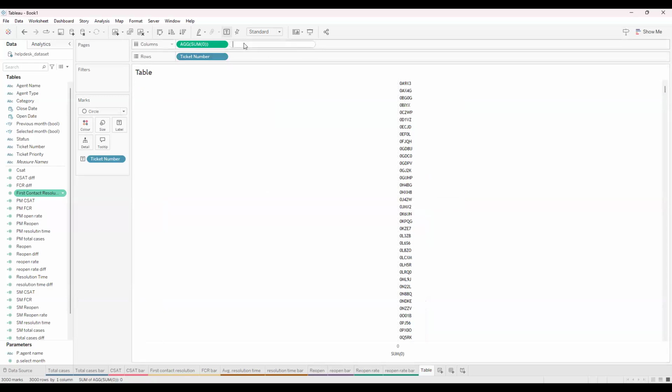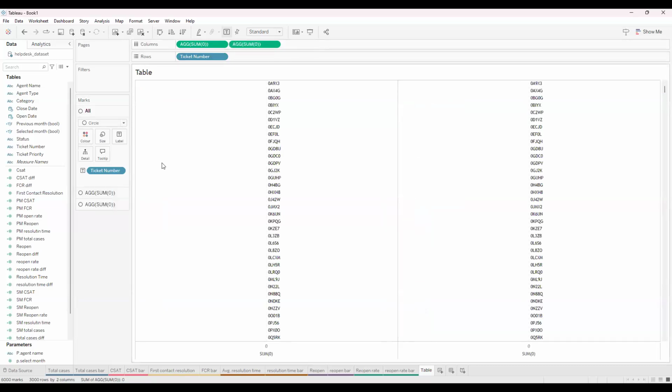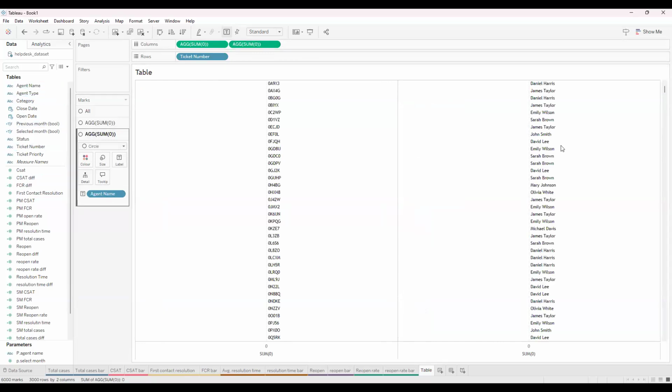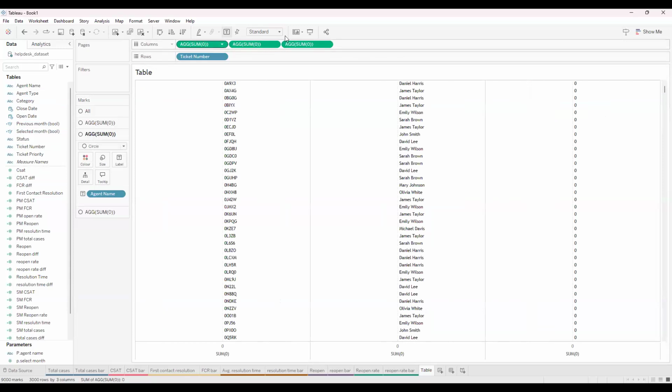So we've created the first placeholder, the second placeholder. The second placeholder is going to be holding the name of each of the agents. All right, so we can come here. This is not what we need. We need the agent name. So we're going to throw in agent name here. All right. Next one, another sum of zero. We can always come back to also change this depending on how we want our table to look. All right. So for the third one, we need the